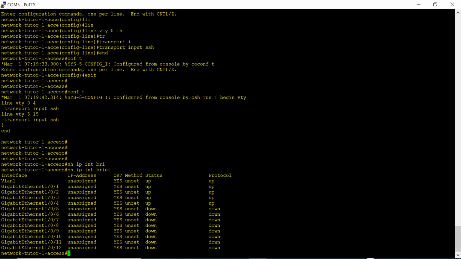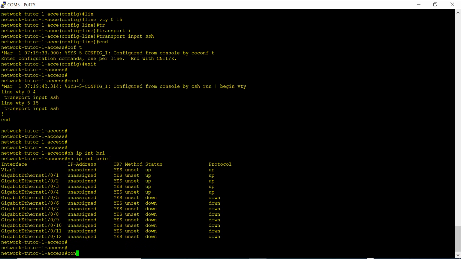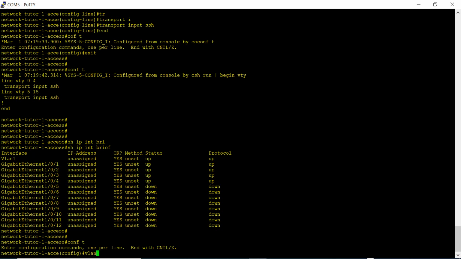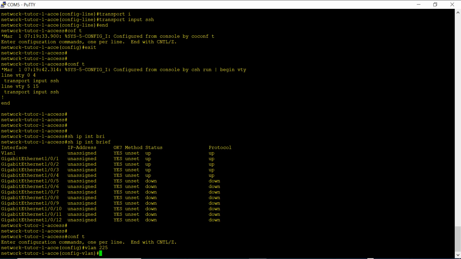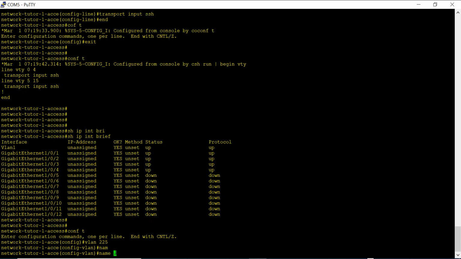So there's nothing set in here. There's no SVI or anything. So I'm going to create a management VLAN, because you always need to have a management VLAN to manage a switch. So conf t, VLAN 225, and I'm going to say name